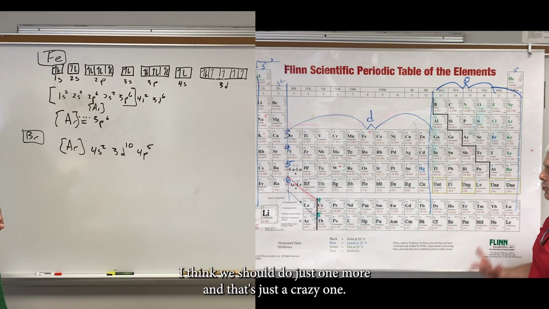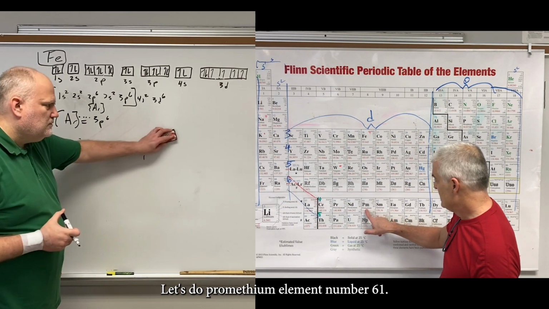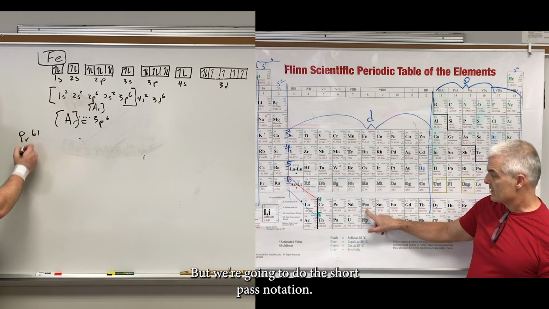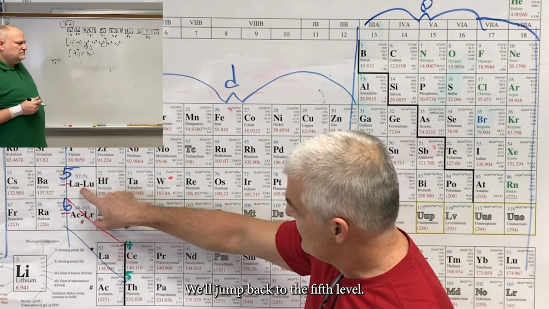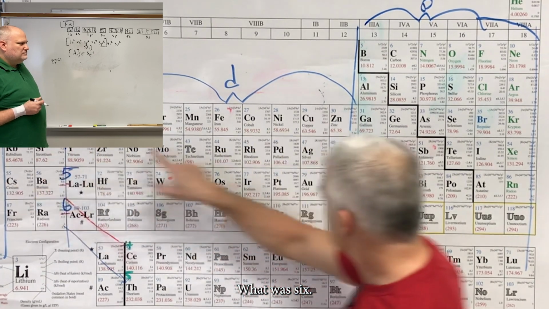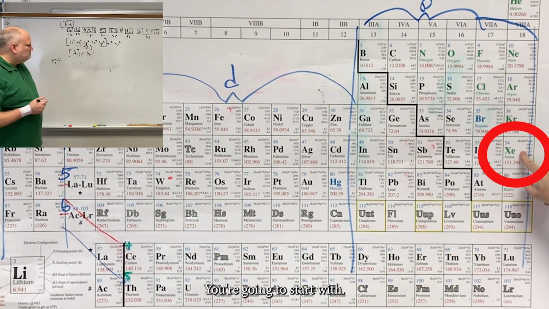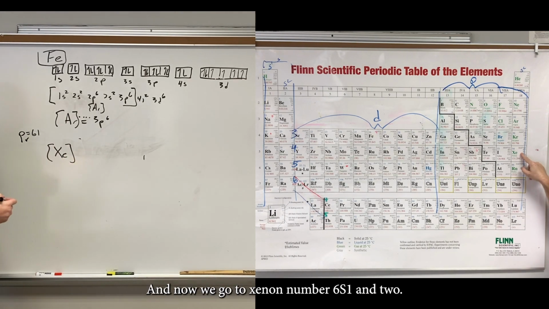I think we should do just one more, just a crazy one. Let's do promethium, element number 61. But we're going to do the shortcut notation. So we're going to back up, jump back to the 5th level, and then 6, back to the 5th level. It's xenon you're going to start with, right? And all we have to do is build from xenon. And now we go xenon, remember,